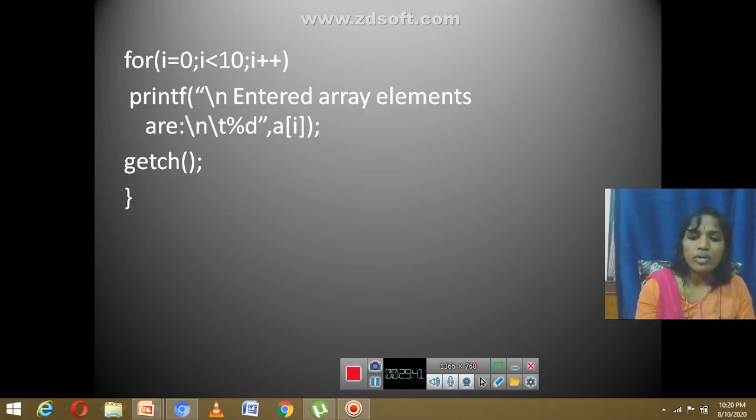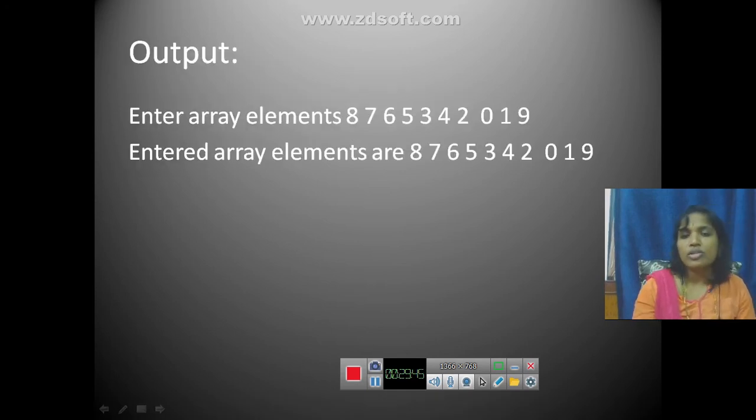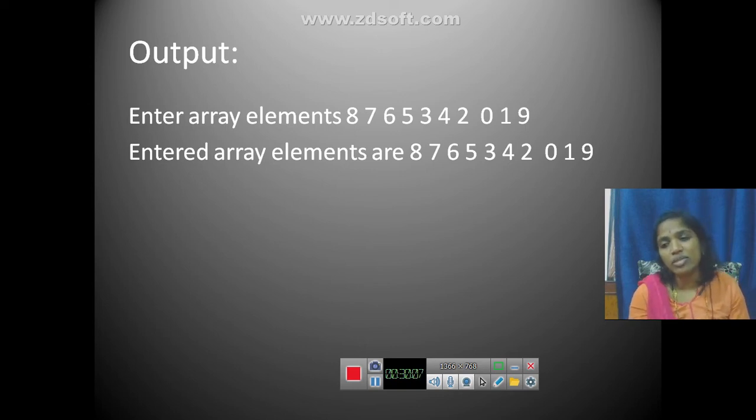So this will be your output. The entered elements will be 8 7 6 5 3 4 2 0 1 9. These elements will be printed out. This is the way you can read the elements and write the elements onto the screen.